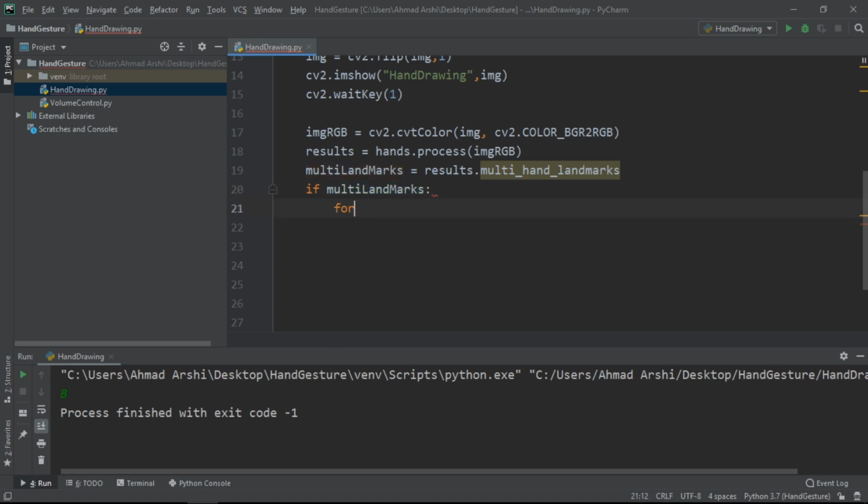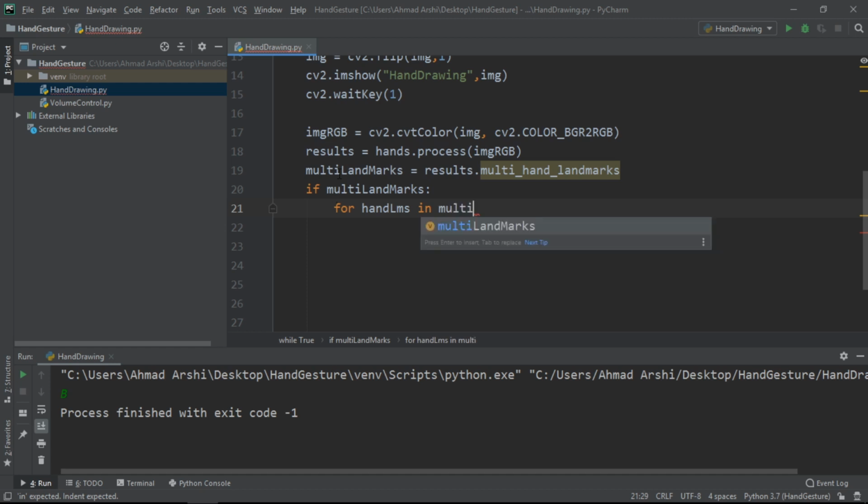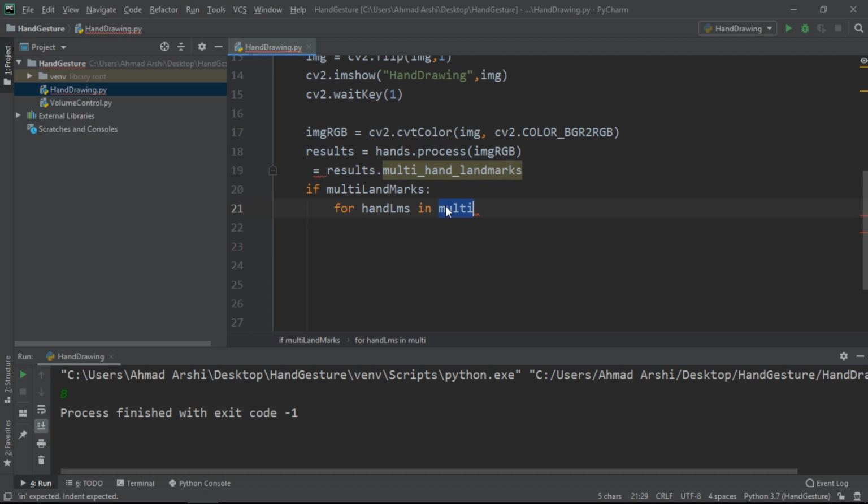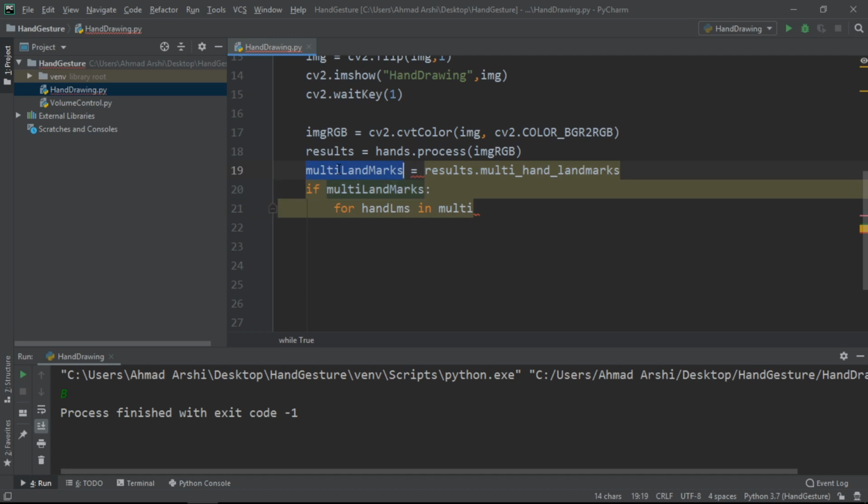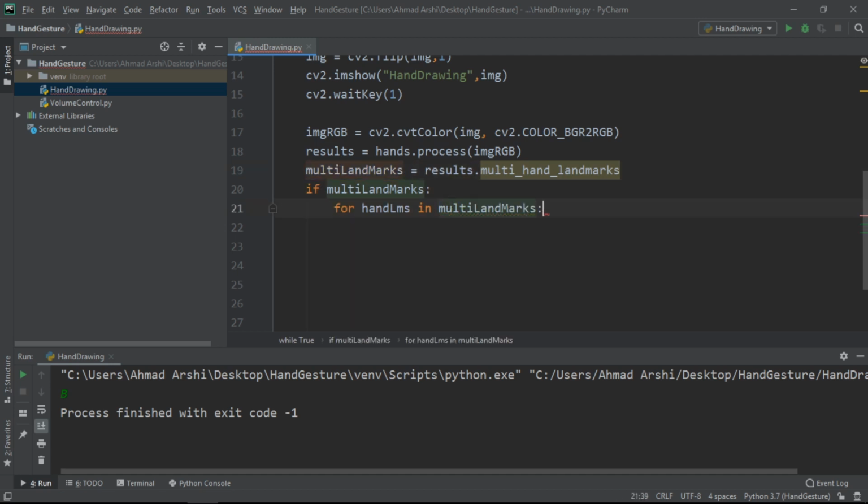After doing that, we have to go for writing the hand LMS. It will work the same way whether we have multiple hands or one hand. So here we will go for the multi landmarks variable, and this variable will provide us with all the hands present inside the image, and we are iterating on each hand. Let's say I have two hands inside this image. This will contain at the root level two hands, and inside that it will have all the information, such as the coordinates and all that stuff. Then I'm iterating on it for each hand.